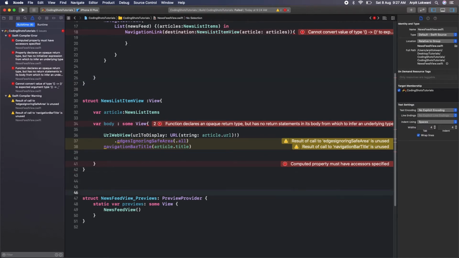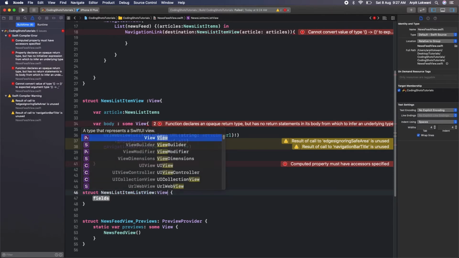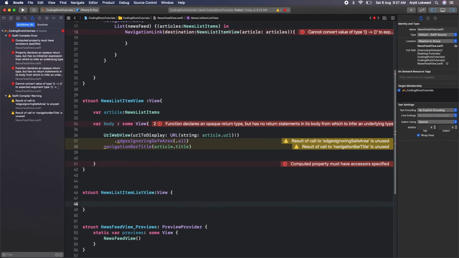So we can say struct news list item list view. That is our custom row. We are missing xibs here, right? If it is xib, you guys can play around like anything.